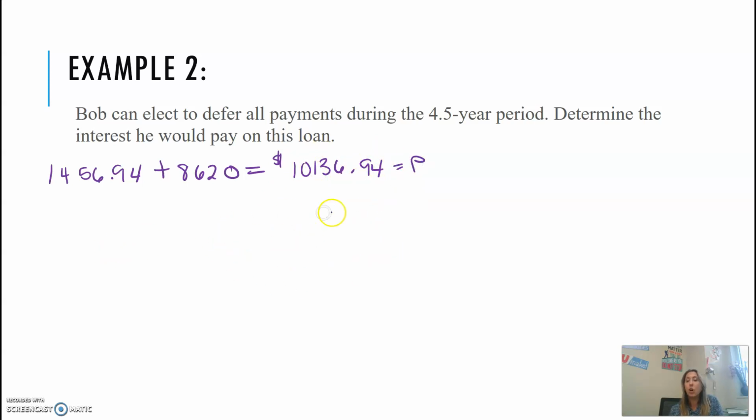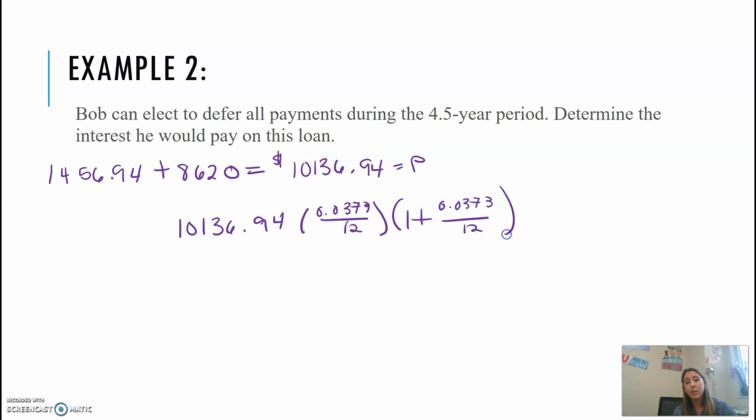Now we're going to plug all of this into the monthly payment formula. And the reason why we're going to do that is we have to figure out how much he's going to pay, but we're going to be paying interest on top of interest if we don't make any payments beforehand. So we're going to plug all of that in. So 10136.94 times the rate over 12 times 1 plus the rate